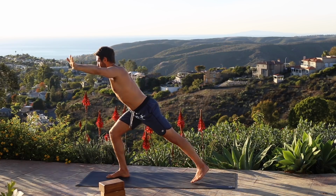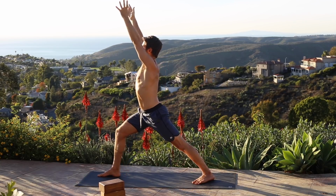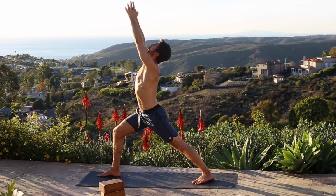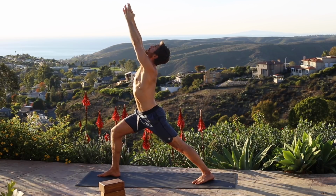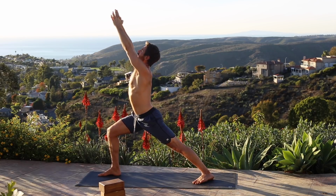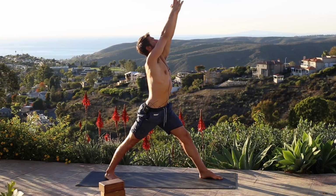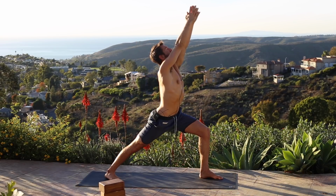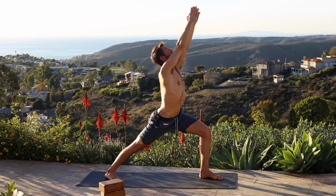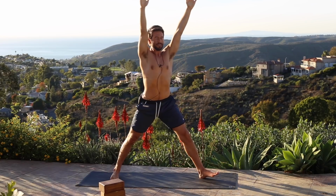So simultaneously turn your legs to the right and raise your arms up. Then as you ground through your back foot, bend your right knee, lift your navel, look up, join your palms. Come back up, back to center, turn to the left, raise your arms, and bend the left leg. Come back up,